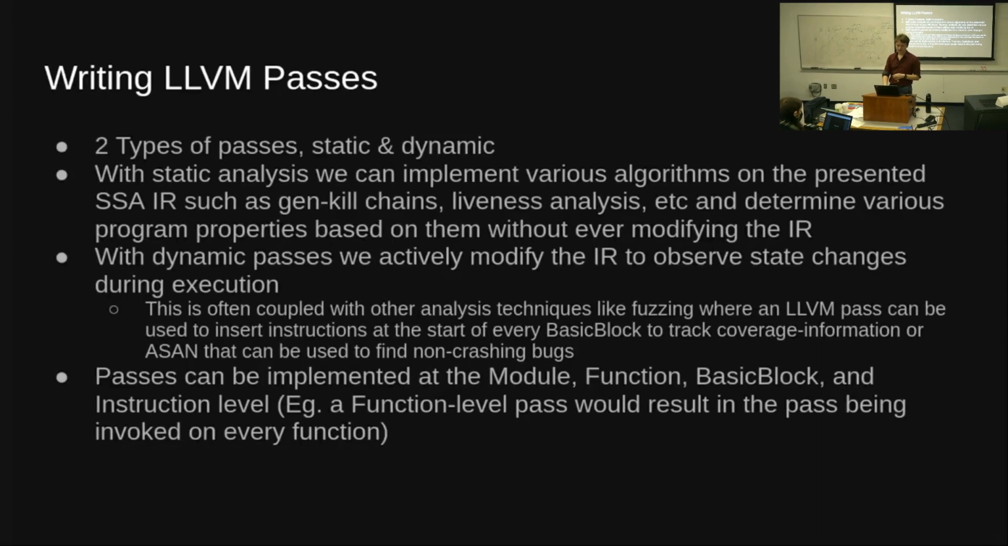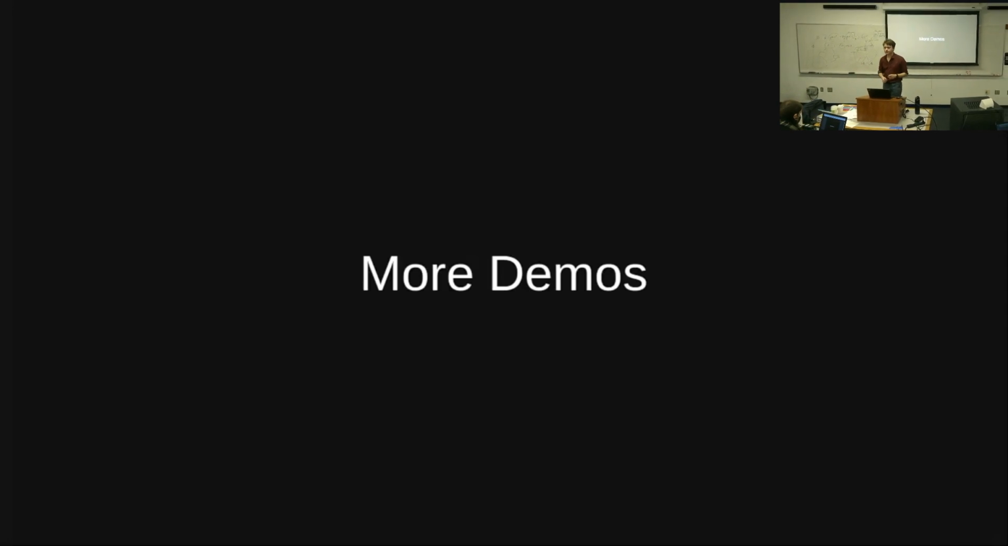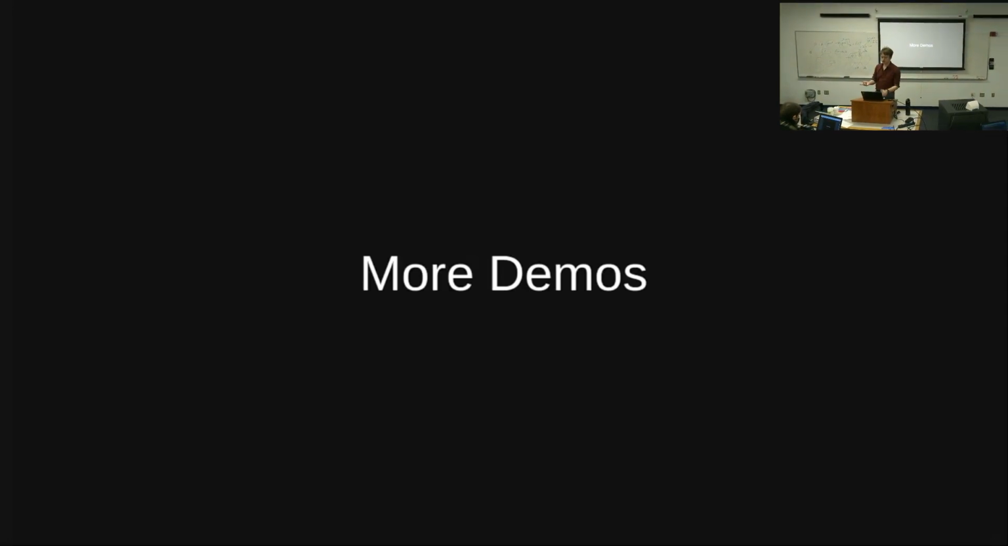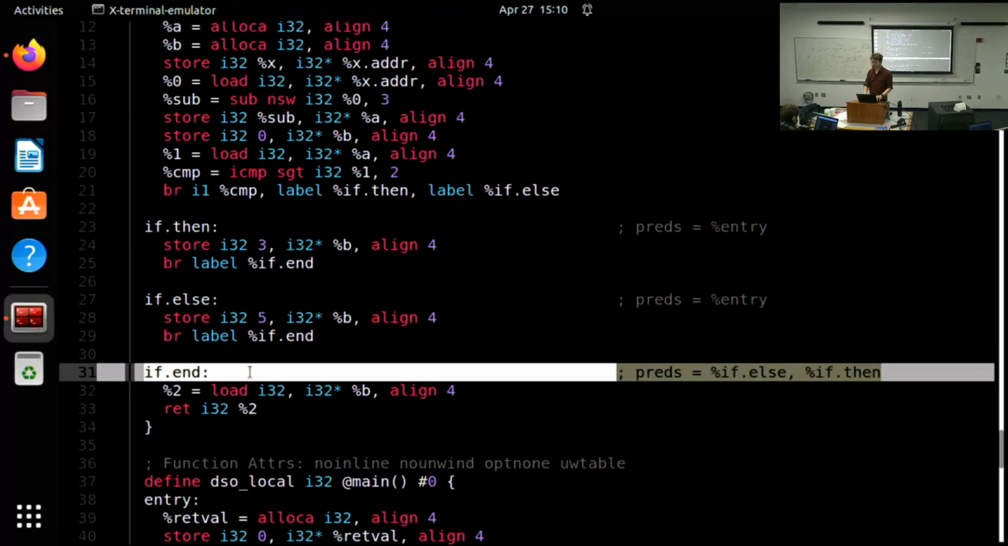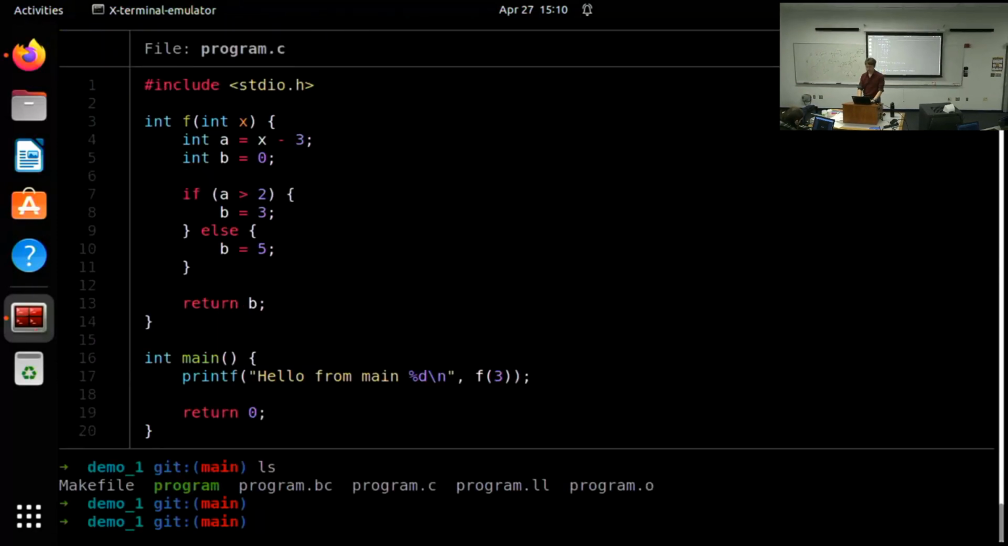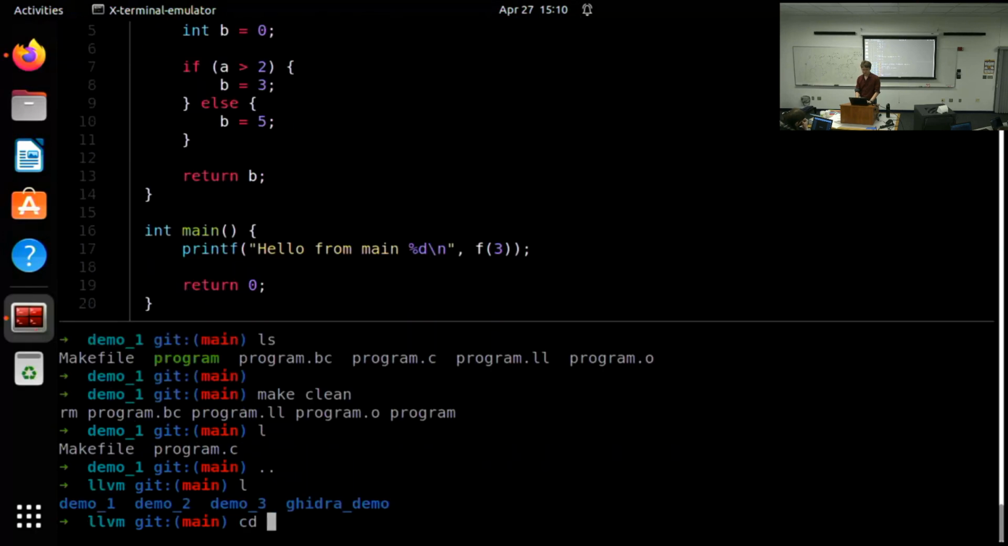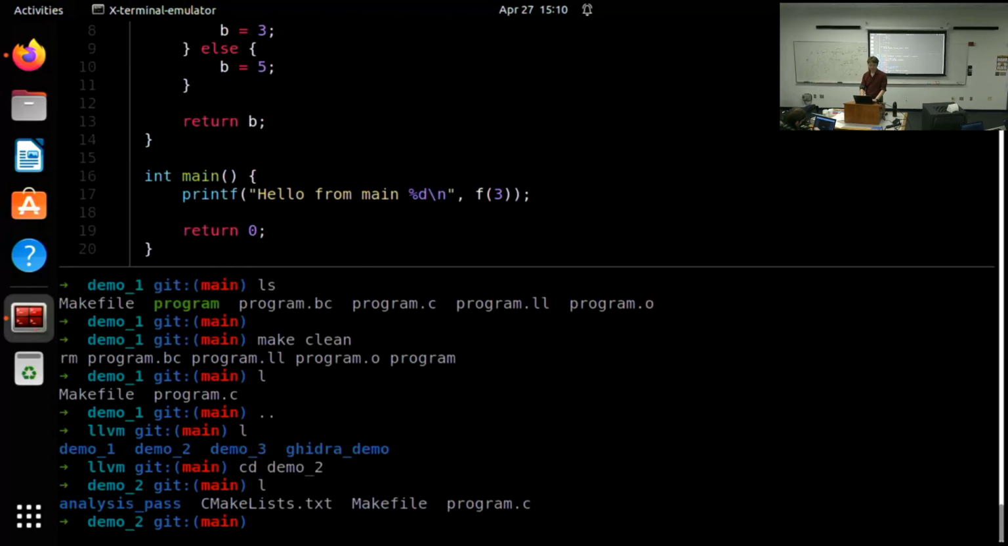Okay. So now on this topic, we're going to just have some more demos. So let's start looking at some actual LLVM passes, how these look, and what they might be able to do. Let me clean this up real quick. Let's go to-